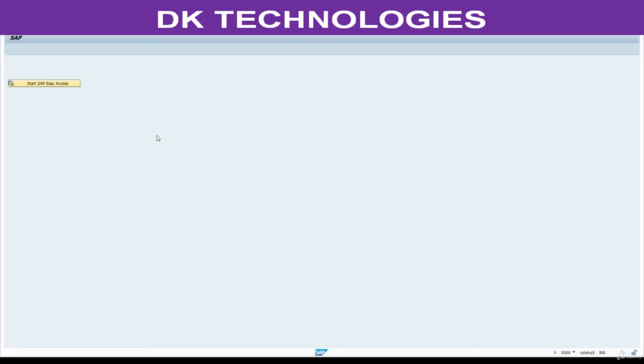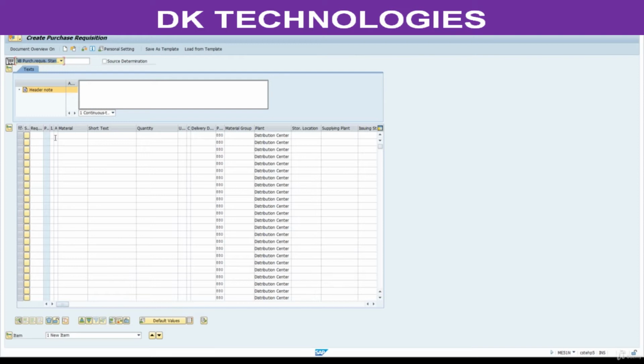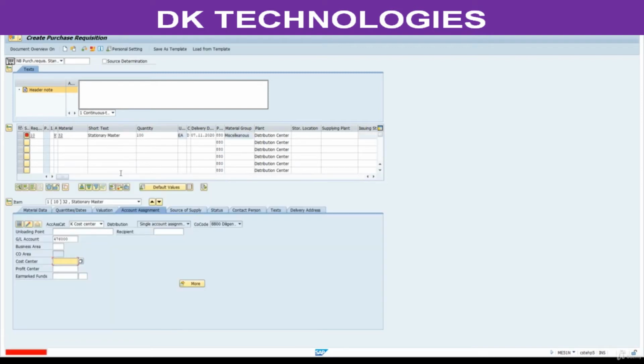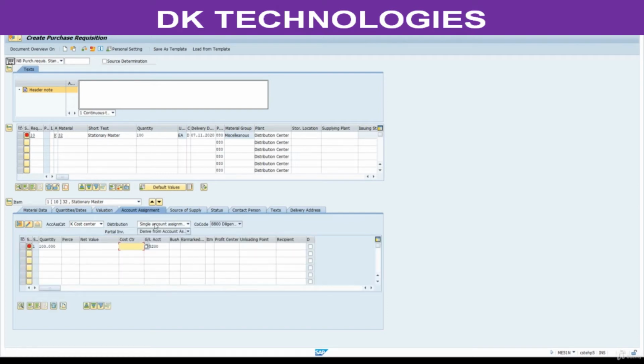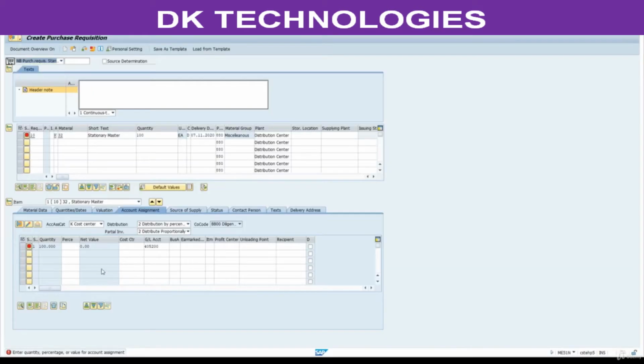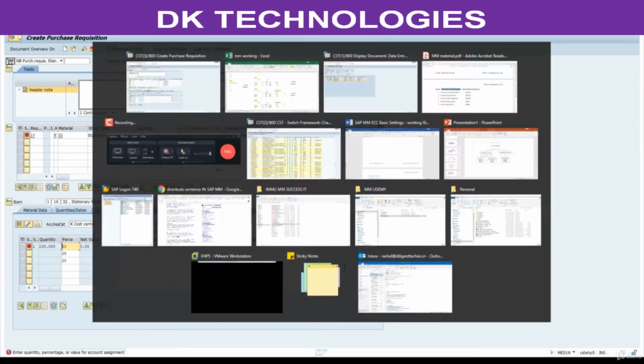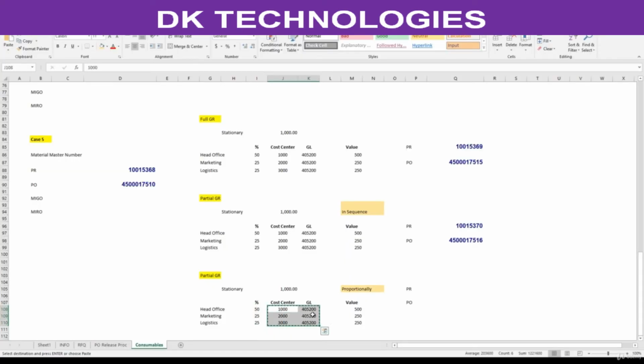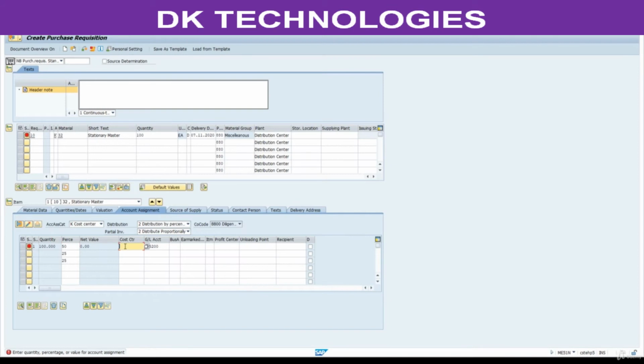ME51N. Here account assignment category K, quantity 100. Click on this one, select this by percentage, copy this, copy these two, cost center and GL, press enter,